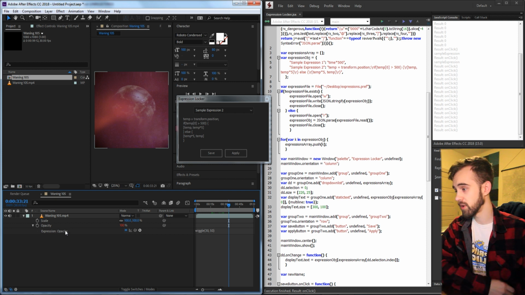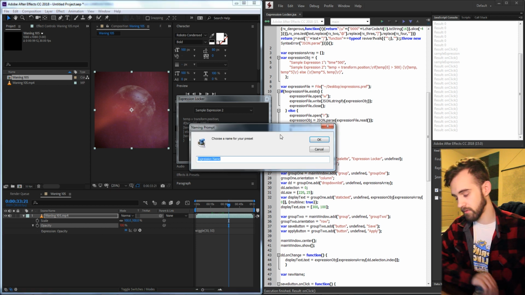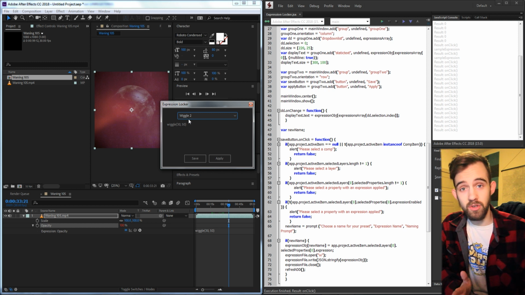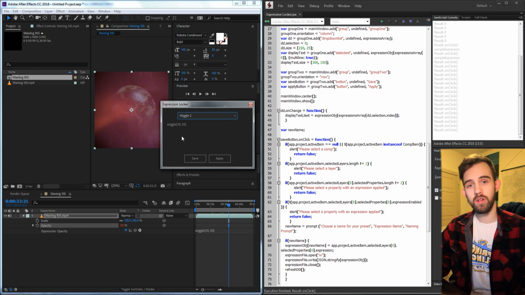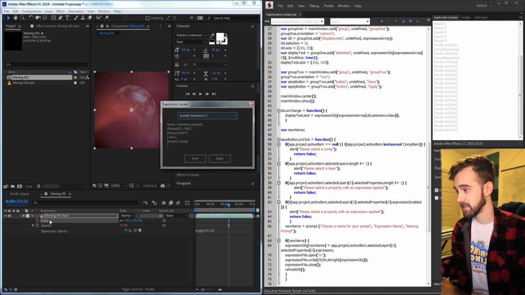And then there's also two buttons, the first of which will allow you to save expressions. So if I have this new wiggle expression here, I can click on save and call this maybe wiggle2. And now if I select wiggle2 in the UI, it's going to appear. So not only will it allow you to save expressions, we can also take a previous expression and say apply